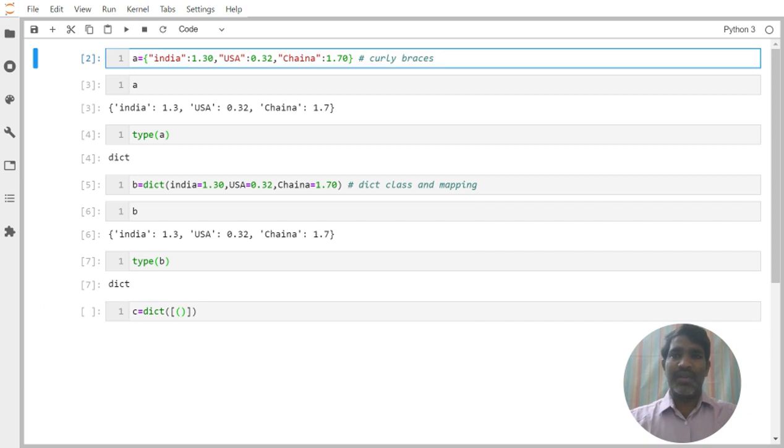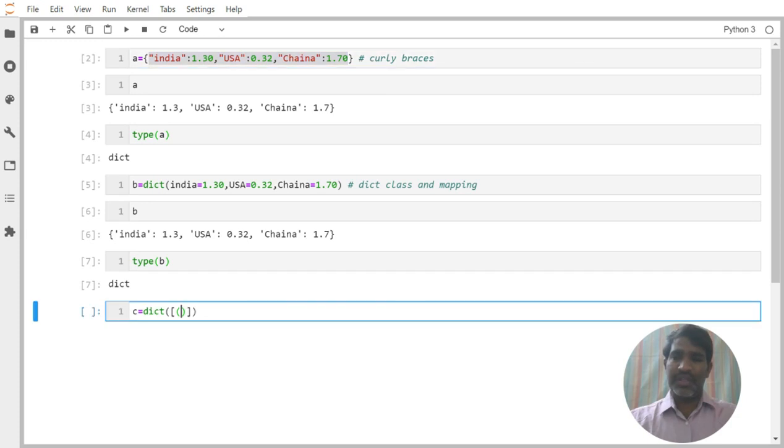This is one tuple, and this is another tuple, another tuple, and another tuple. So we are trying to pass tuples here.